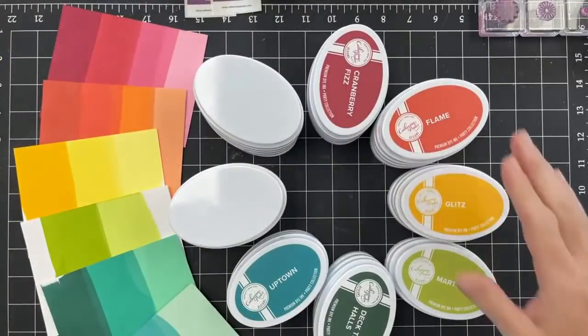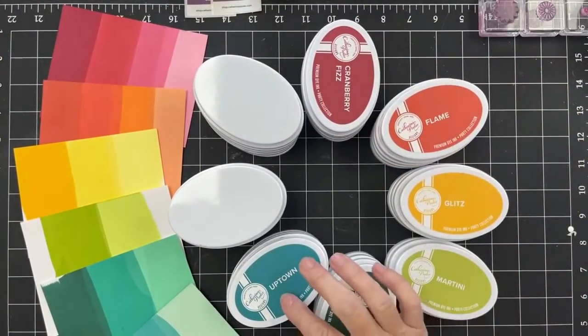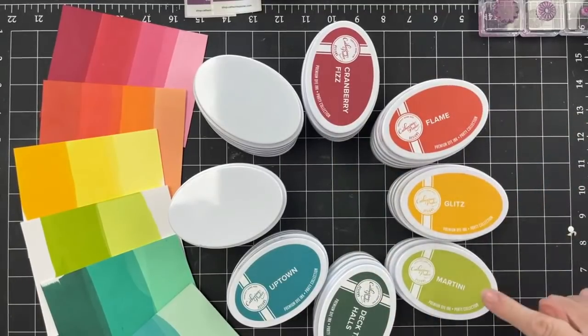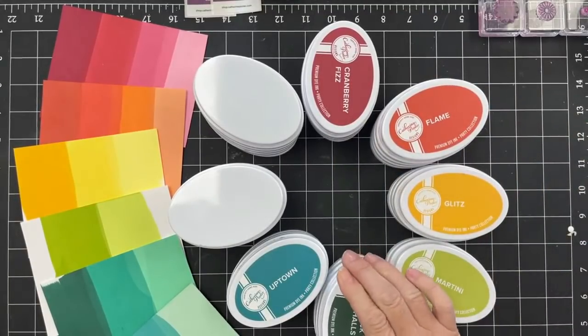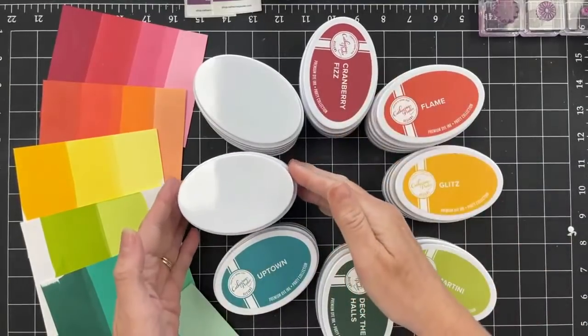Let me show you the new colors. So we have our Cranberry Fizz, Flame, Glitz, Martini, Deck the Halls, and Uptown. We have seen that this is a red, this is an orange, this is a yellow, this is a yellow green, this is a green, and this is a green blue. Then next,